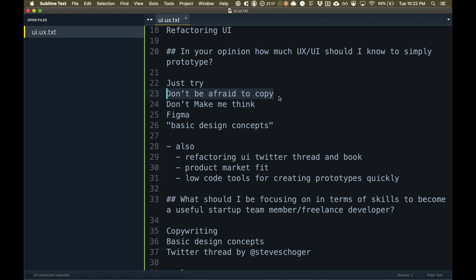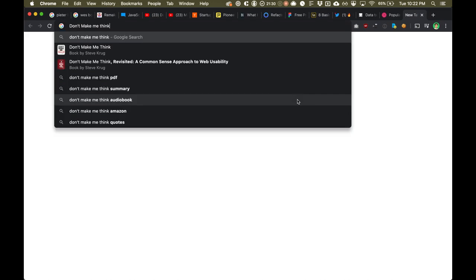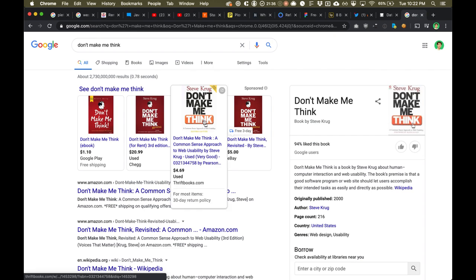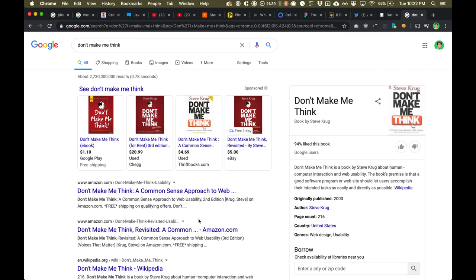If you're building a social network, go to Facebook and see how they do things, because they've probably done a ton of user testing. The next thing, this is the number one rule about UX and UI design: don't make me think. It's also a book. And it's the best book on, I think, information design that you could ever read.